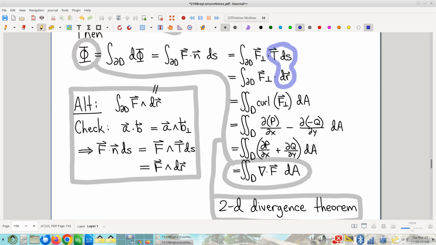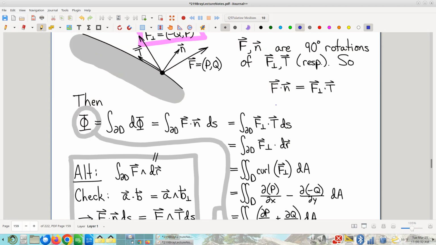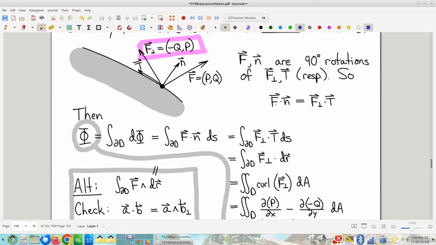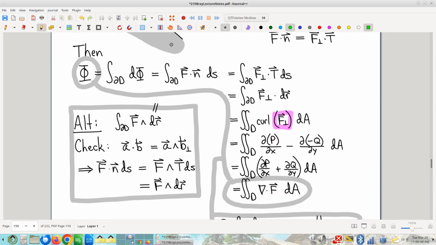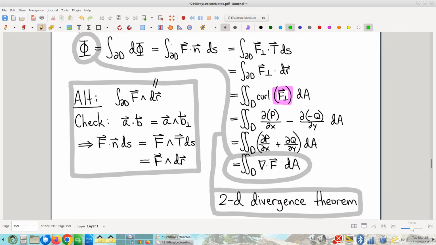Yeah. Why do we have the extra negative sign within the partials formula? It depends on what you're taking the curl of, right? So here I'm taking the curl of f perp, and again it's about what the coordinates of the vector field you're taking the curl of are. Yeah. Cool. Okay, so we're basically there at this point.